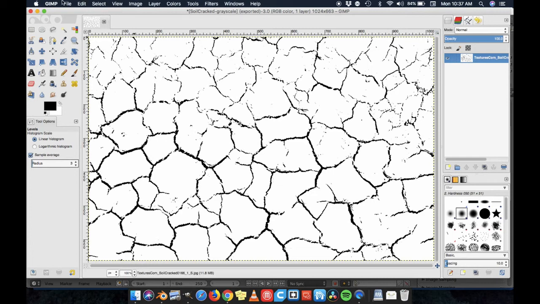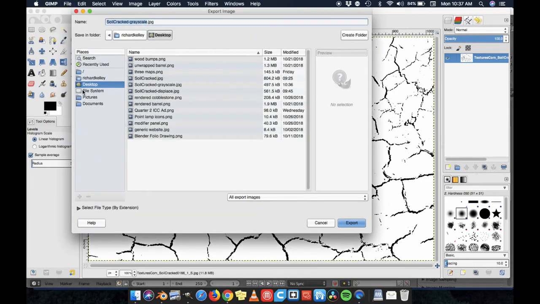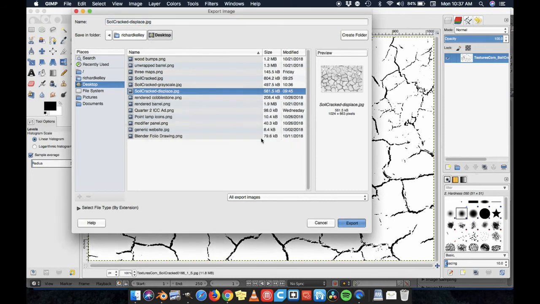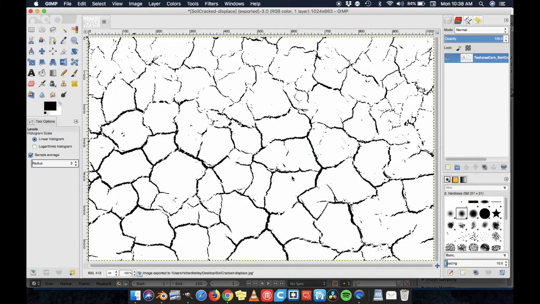So, let's go to File and Export As. And I've already done this once, but I'm going to just do it again because I think I like this one better. Going to replace it. And export. Come on. Okay, why is this not going? That was weird. It didn't accept my click. I had to press enter. Okay,